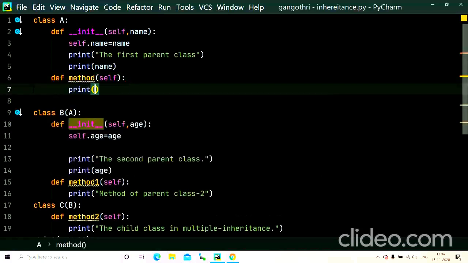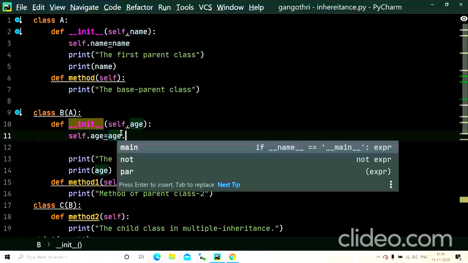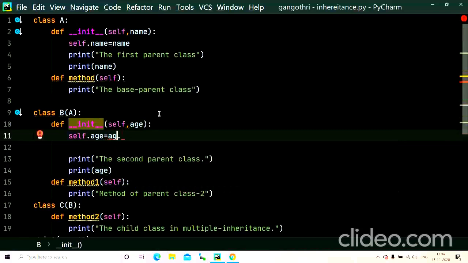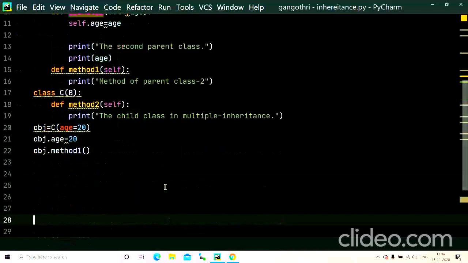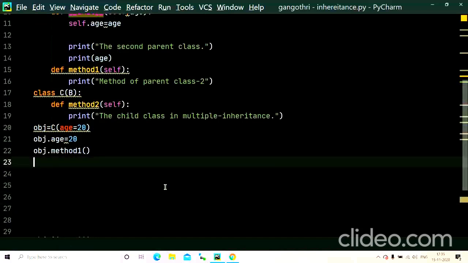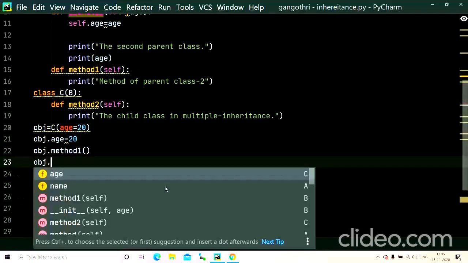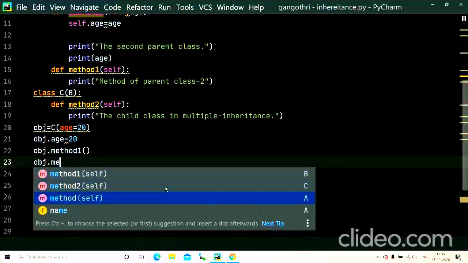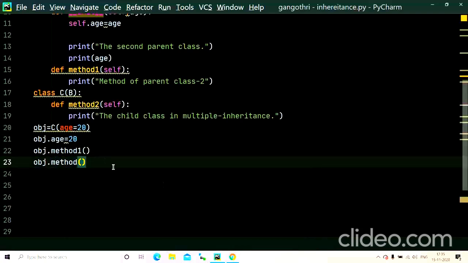Now let me print the base parent class. Okay. Now let us work with the method of the base parent class. Okay. Object dot method. Right.